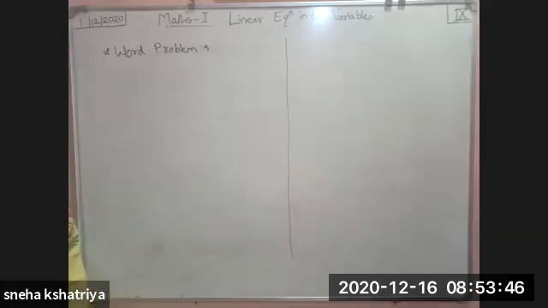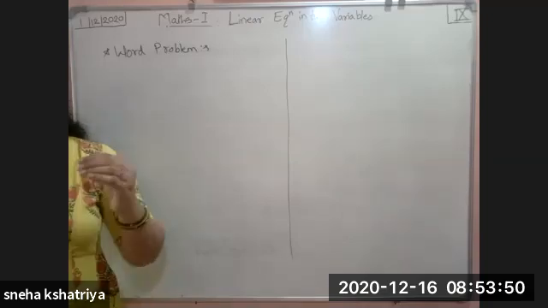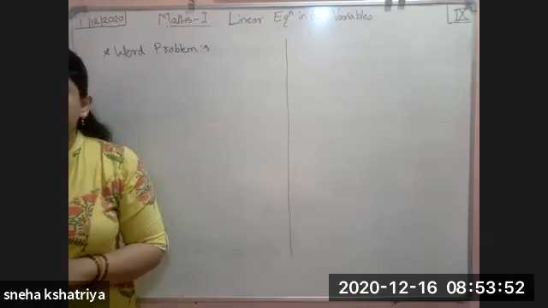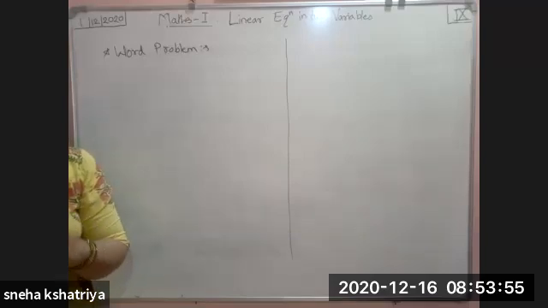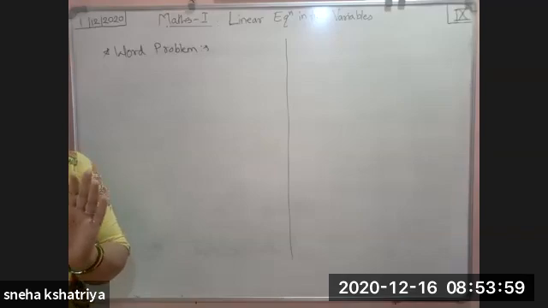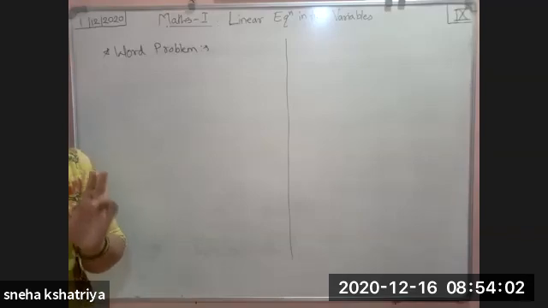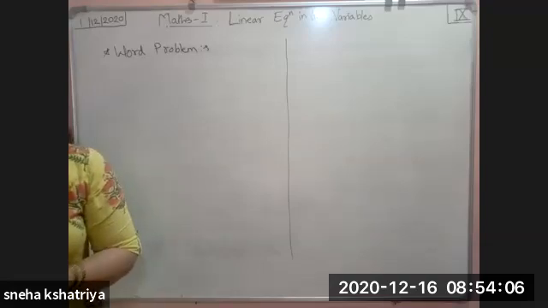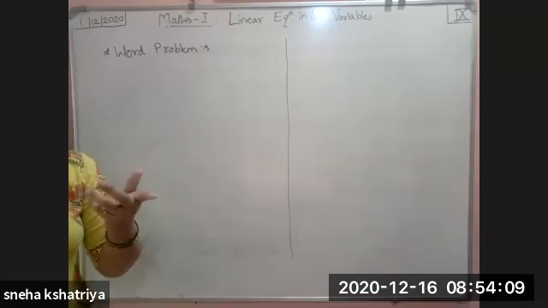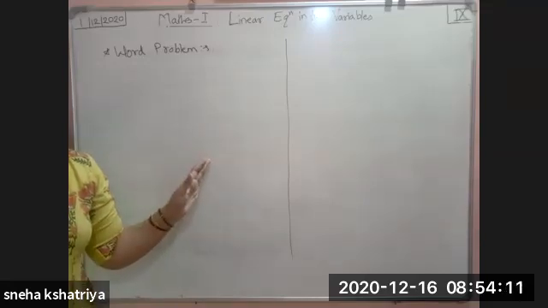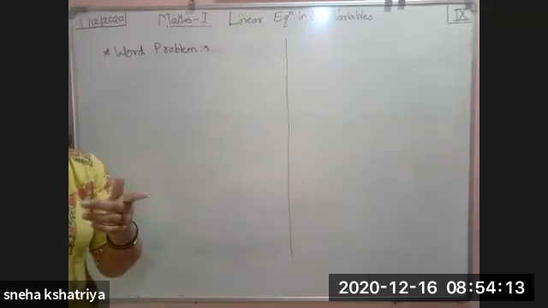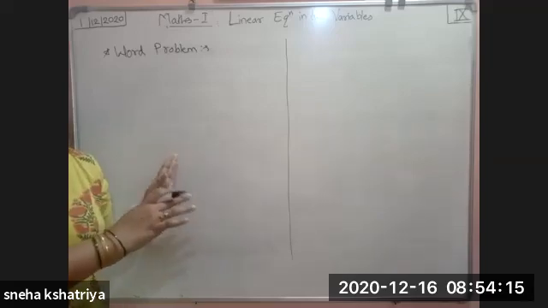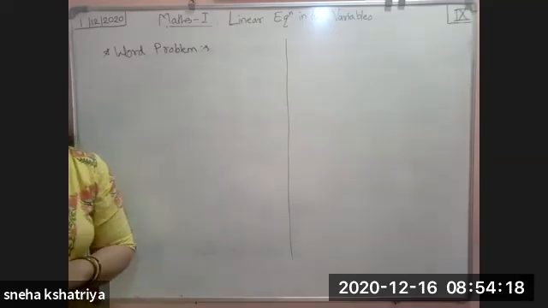There are some steps given to you below where your word problem starts, on page number 86. First of all, they say read the problem. Whatever question is given to you, read it carefully. What is given to you? After that, you have to suppose all the things that are not given in proper form. You have to suppose all the equations, that is, how we are going to represent them in this example.